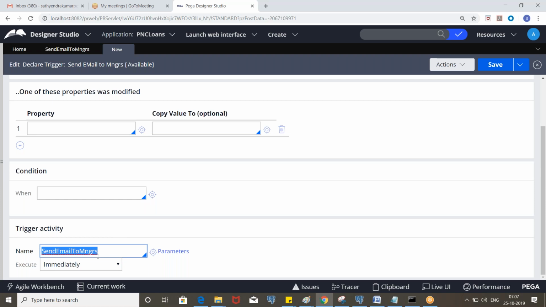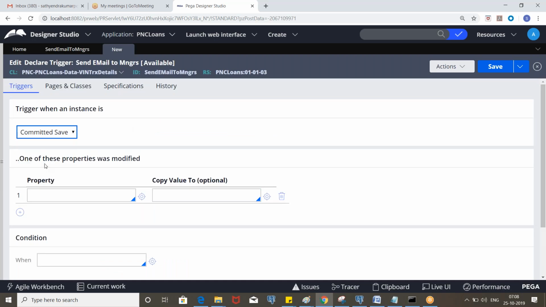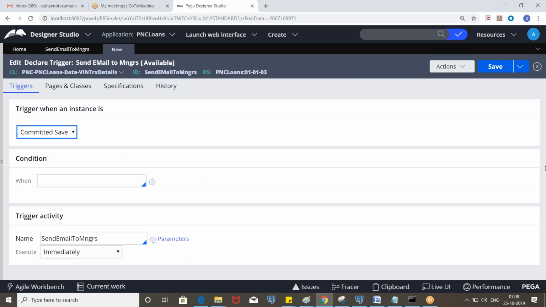So we are selecting this option now, the committed save, and along with this, the when condition also should be satisfied. If we are not sending an email based on some conditions, in that case we need to put the condition here.